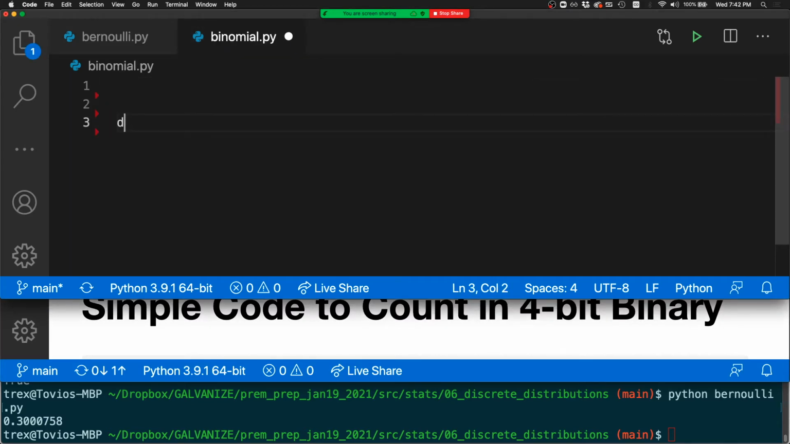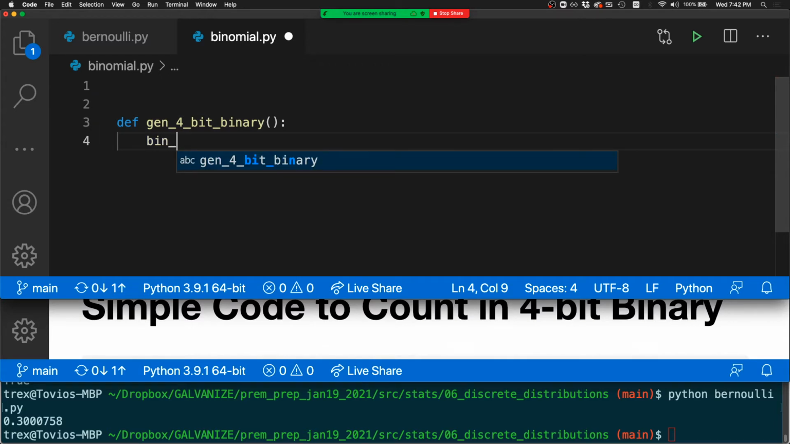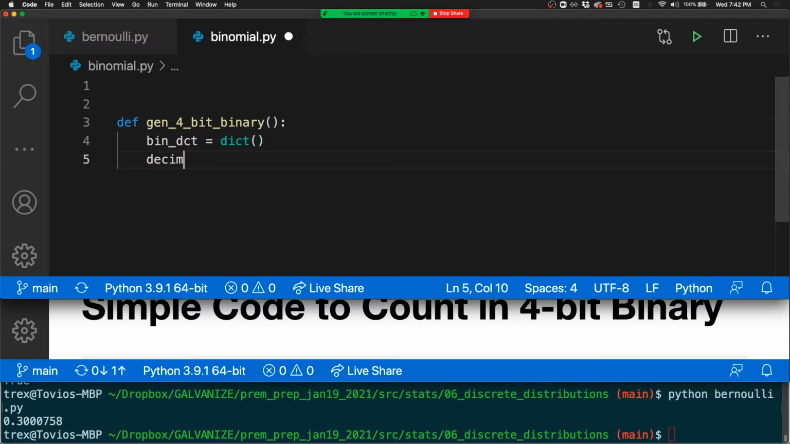Okay, so if I define this as generate 4-bit binary, then I'm going to pack these into a dictionary where the keys in the dictionary are decimal values, and the values are the binary that would generate that decimal value. So I'm just going to make a dictionary here, and a very simple counter for the decimal values. So here's this thing again, where I have a bunch of nested loops,